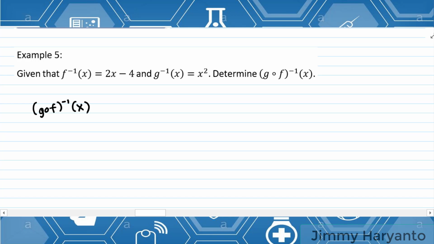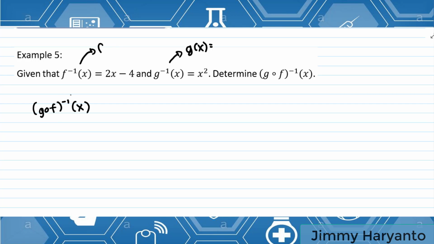Imagine that if you want to find the G of f first, and then after that you inverse it, you have to find Gx first, right? You have to find the Gx, you have to find the fx, and then you have to find G of f, and then baru di inverse. Waduh, itu berapa kali langkah tuh? 1, 2, 3, 4 kali kerja ya.